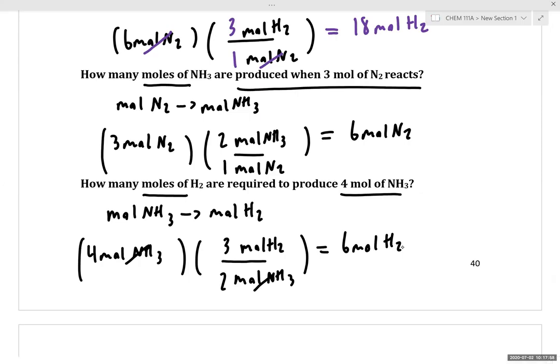Does this example make sense to everyone so far? Any questions on this example so far? Okay, so